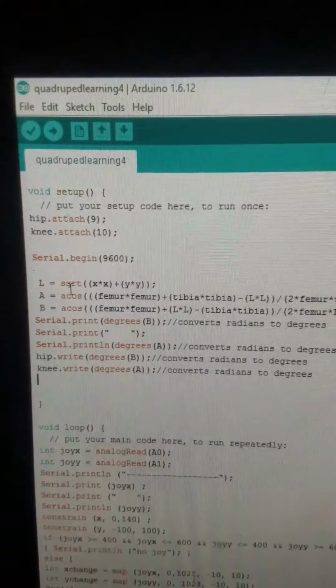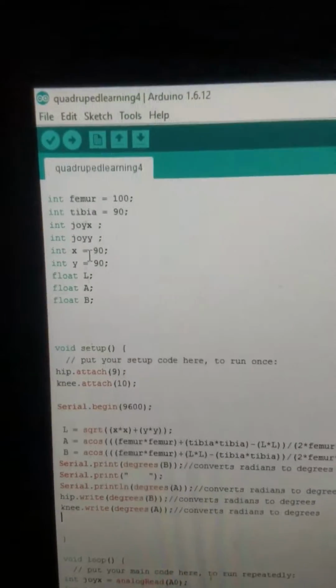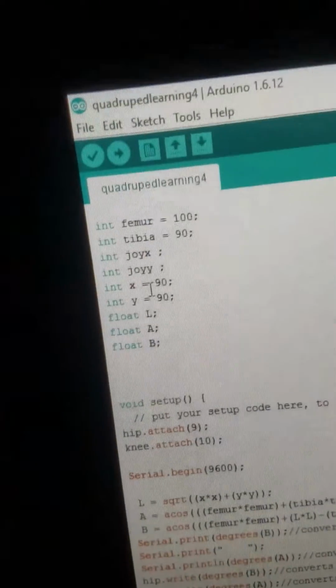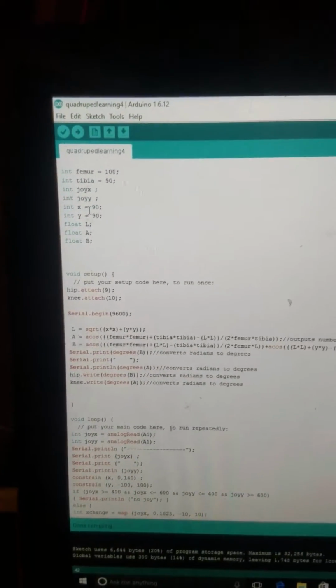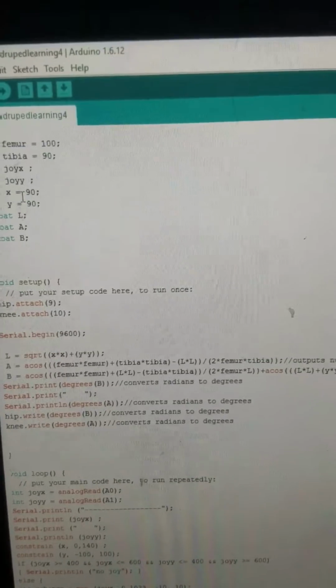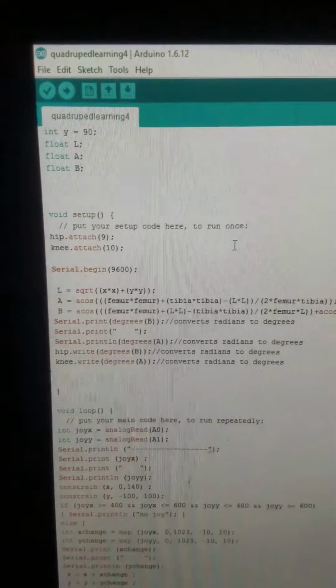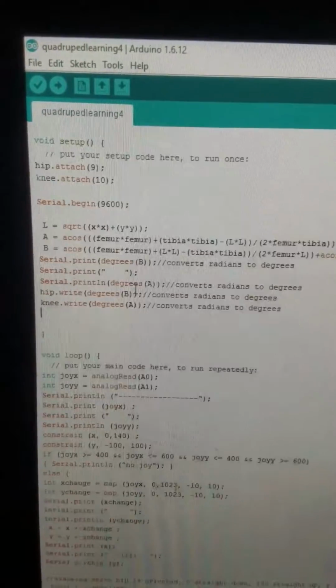And what happens in setup is X and Y are already declared at 90 and 90. And remember, Y90 is inverse. So this will basically point the leg out and down a little bit. Then it takes X90 and Y90 and does the math. And at the very beginning of the program, which I will show,